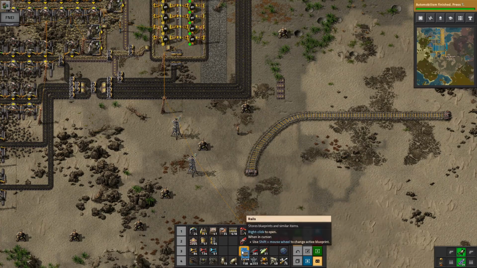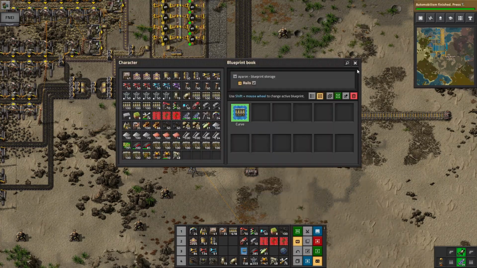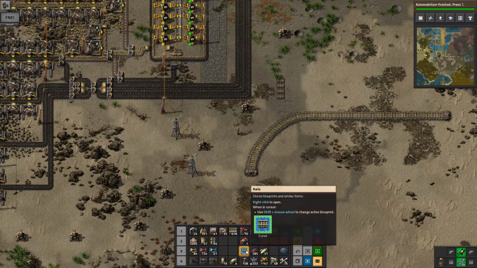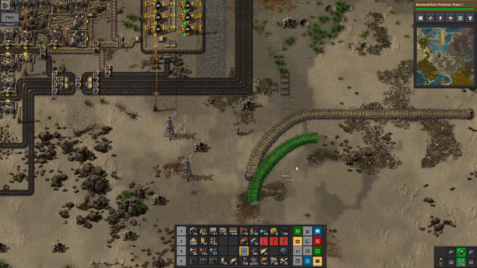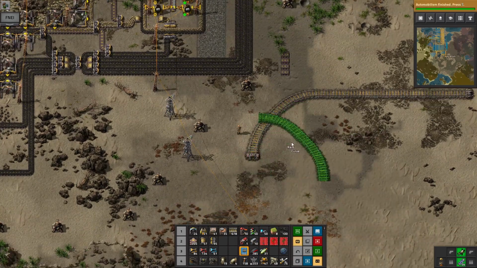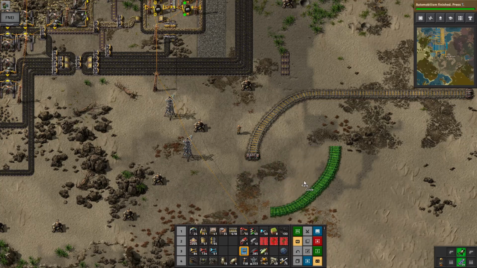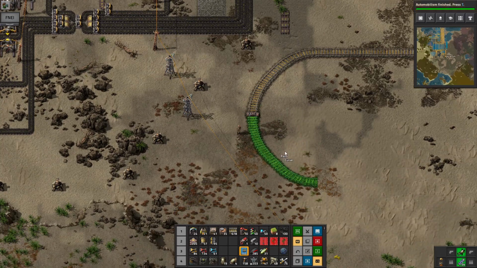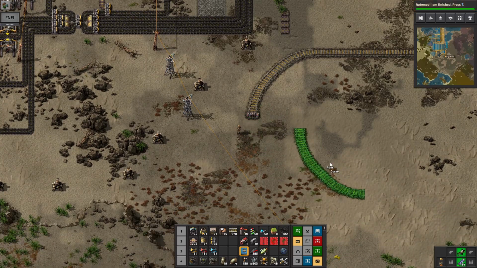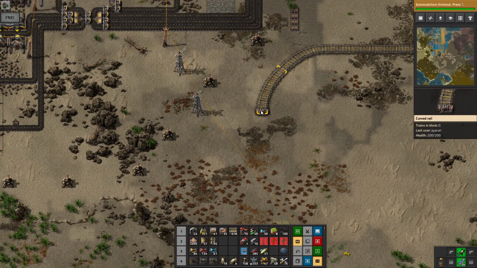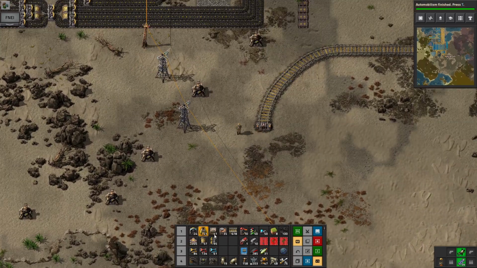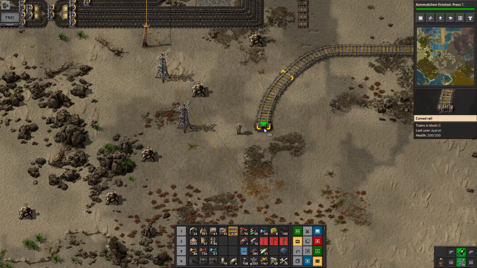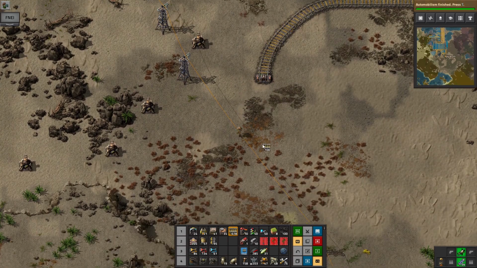Create the blueprint. Drop it in the book. So I believe if I now click on that, yep, I get that up. And you can rotate it if you need it to go in different directions, or if you need to do a tight 180 and stuff like that. So where's the end of this? No, I need a rail in my hand. If I just click and hold,